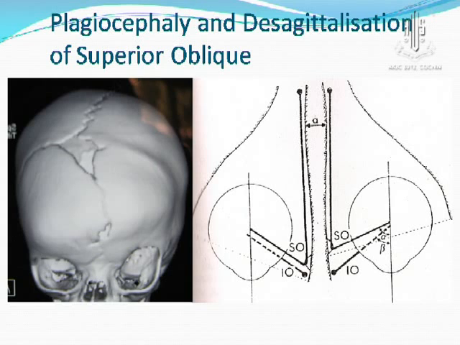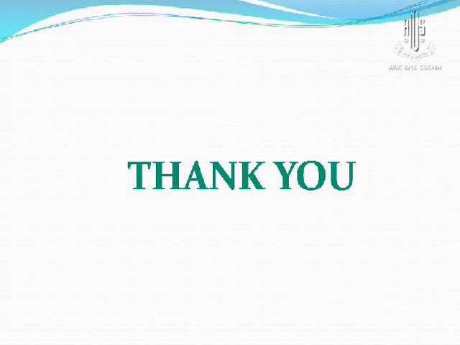In a desagittalized superior oblique, this is going to underact because the vertical action will not be as much as that of the inferior oblique. But if you have a little more pronounced positioning of this, then this is actually more frontally placed, and that is what happened in our case. It was an inferior oblique overaction because of a desagittalized superior oblique on the right side and a more forward trochlea in the left side causing a superior oblique overaction. So the same problem can be there, and